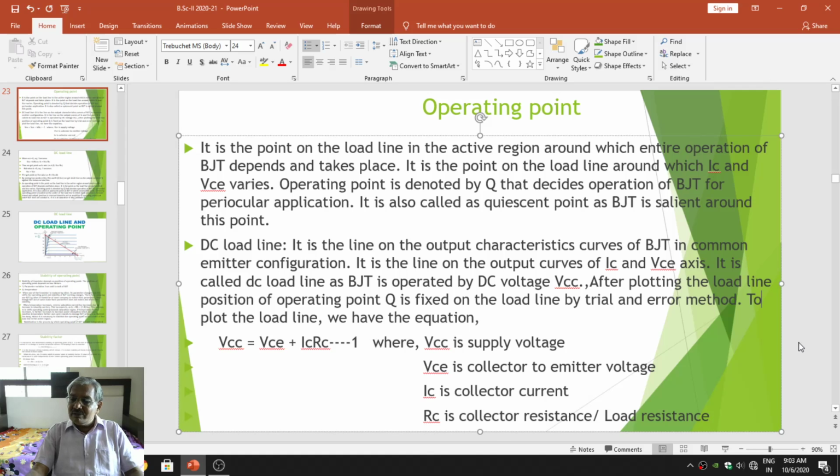For your revision purpose, biasing is a process in which one can connect a proper magnitude and proper polarity power supply, the VCC, to the transistor so that it will set the proper base current, emitter current and collector current at the cost of emitter to base voltage VBE and collector to emitter voltage VCE, to stabilize the operation of the transistor